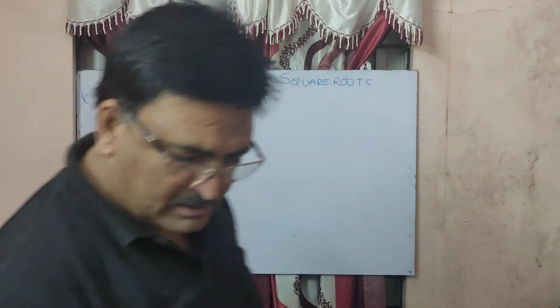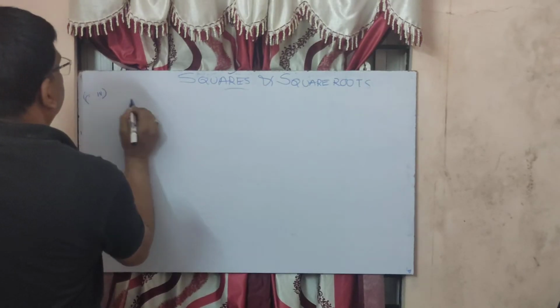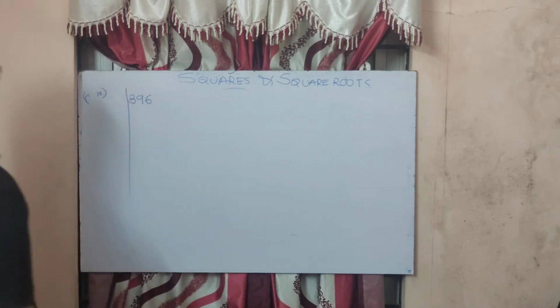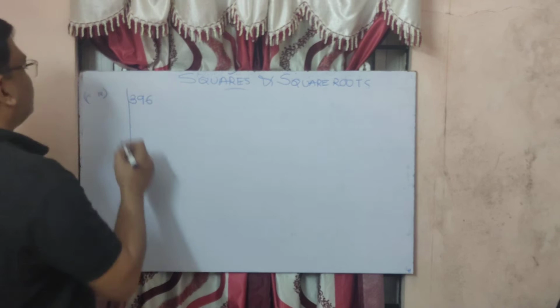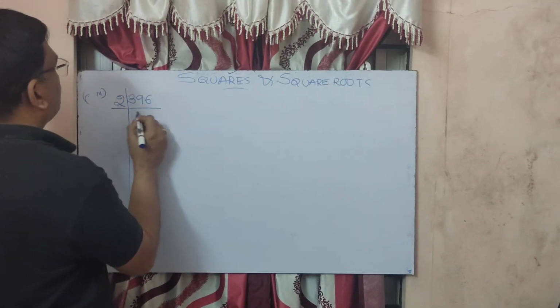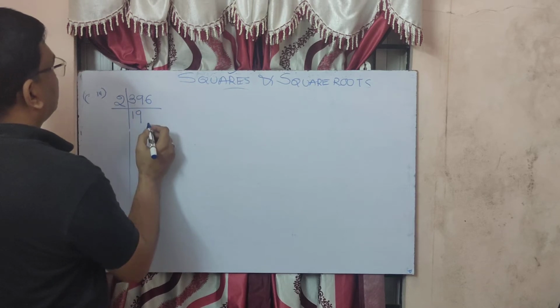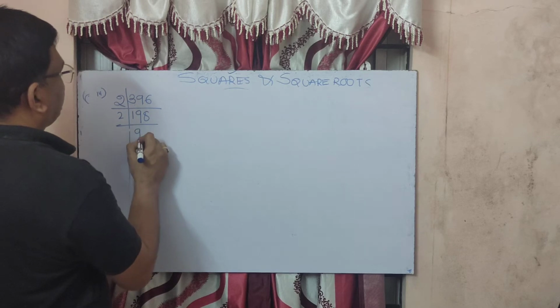Now the next example, I'll do the next one. No, I will do 2800. 396, I will do it. Okay, now the third one, 396. Now as you know, the last number is 6, that is an even number. It means this will be divided by 2. 2 ones are 2, 1 remaining, 19. 2 nines are 18, 1 remaining. 2 eights are 16. 2 nines are 18, 1 remaining.